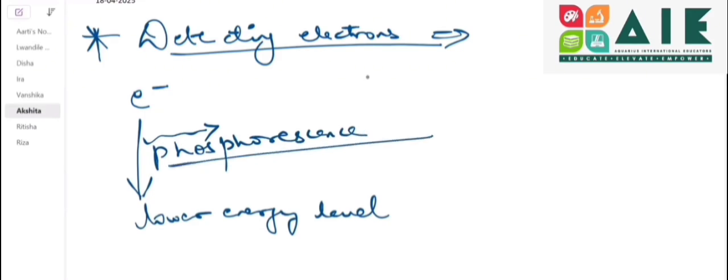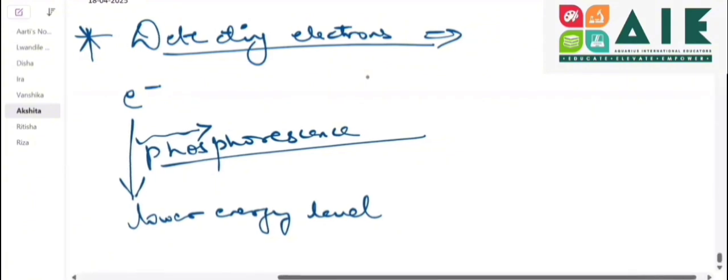Okay, fine. And it can be used to see where the electrons are landing. Now basically your zinc sulfide